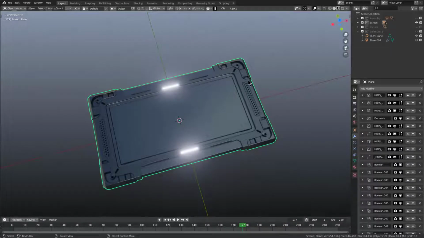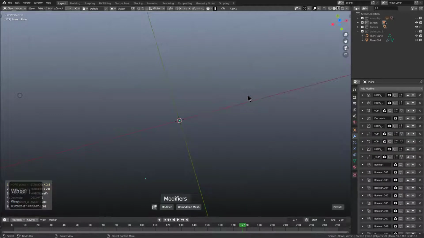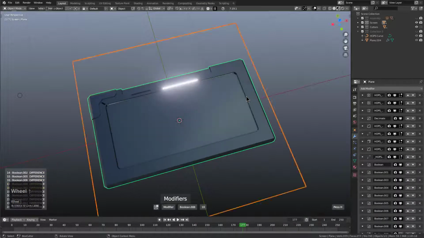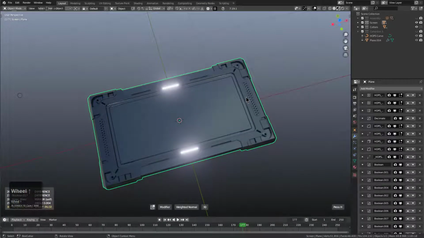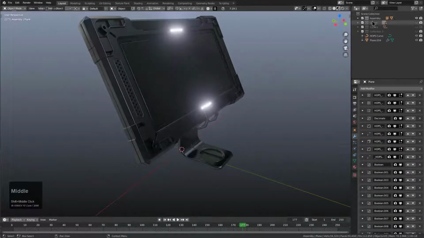So whenever it comes to my general workflow, typically I will work on an object in a particular collection. For example, for this collection, I'm working on just a screen asset. If we go through modifier scroll, we see me scrolling through the modifiers that basically comprise this particular asset. If I go over to the assembly collection, we can see that the object that I was just